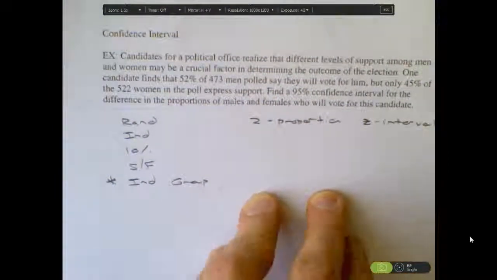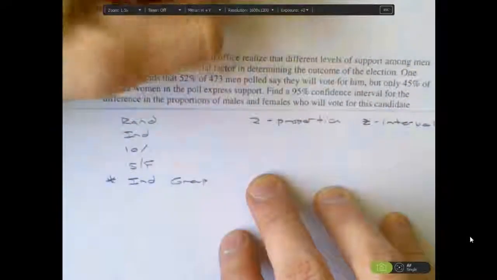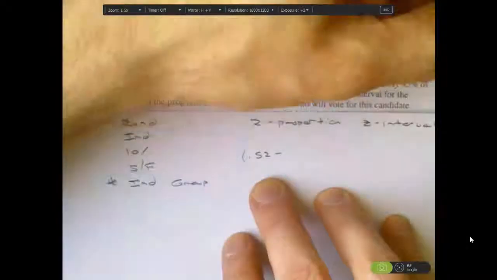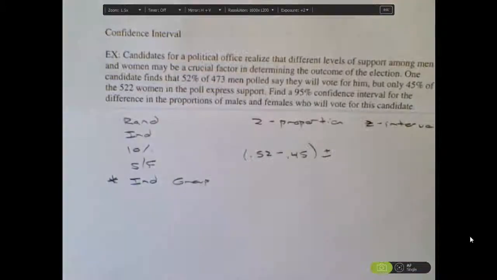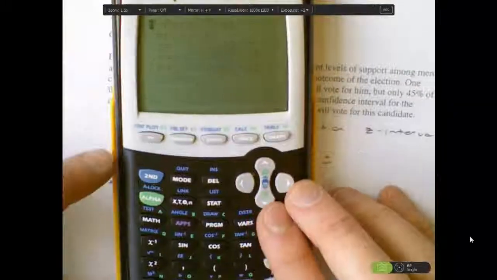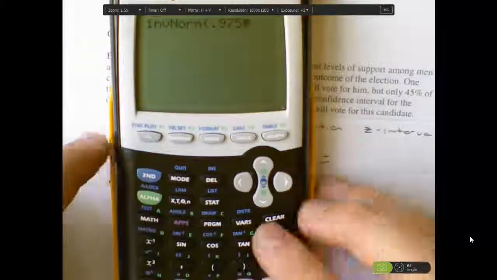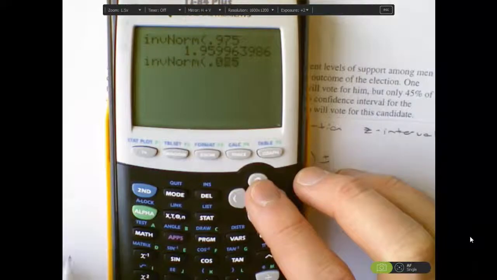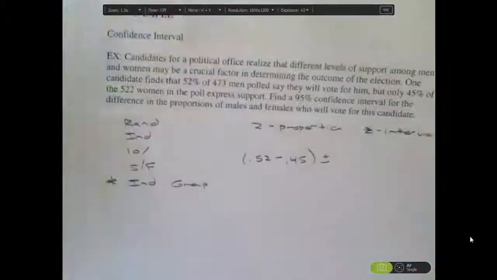The mechanics are going to look like this. I can do the male minus the female or vice versa. Male is 0.52 minus the female percentage was 0.45 plus or minus my critical value for 95% confidence, inverse norm of 0.975 or 0.025, so 1.96 is my critical value,